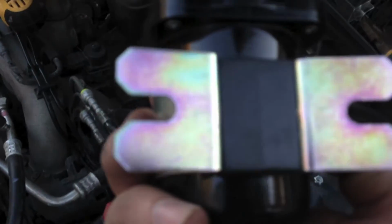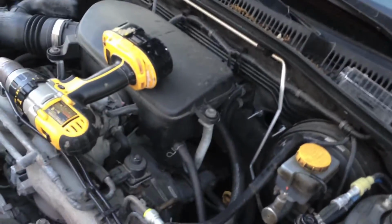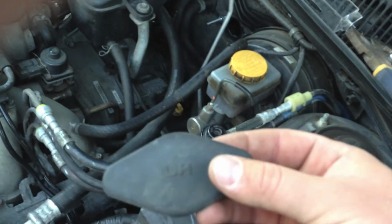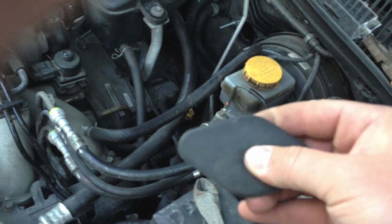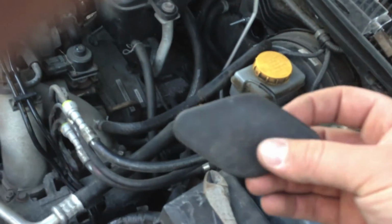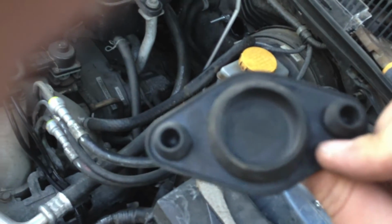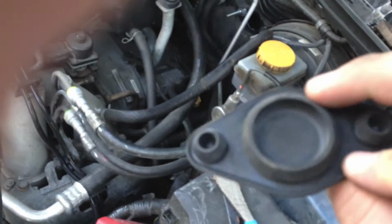So I was digging around for a place to mount this behemoth, and I didn't really want to drill any new holes, and plus the size of this thing, there's not very many places to mount it with all this crap in here. Plus I was looking for a place to run the wire. I was looking down in here and I found this grommet. So I figured I might be able to run my wire through there. I pulled it off to see if it went all the way through, and it had 2 holes on either side of the main hole,